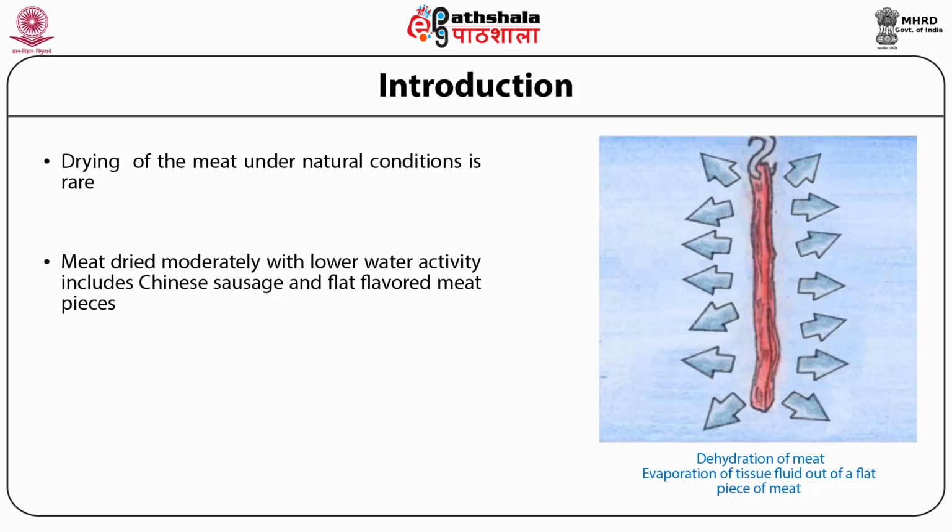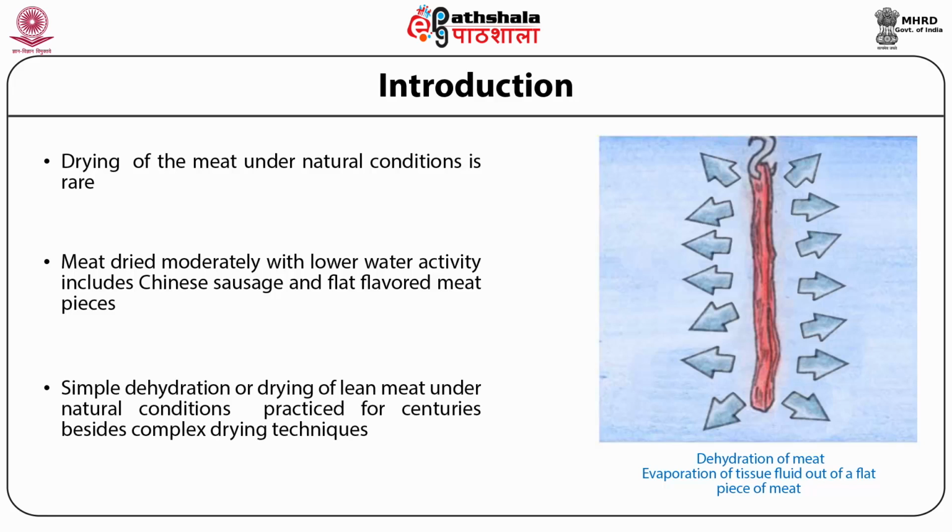A good example is the Chinese sausage. This product becomes shelf-stable through various water activity lowering measures, namely its relatively high fat content and use of certain additives including a high sugar content in combination with drying and light smoking at temperatures of plus 50 to 60 degrees centigrade. Besides such more complex drying techniques, the simple dehydration or drying of lean meat under natural conditions has